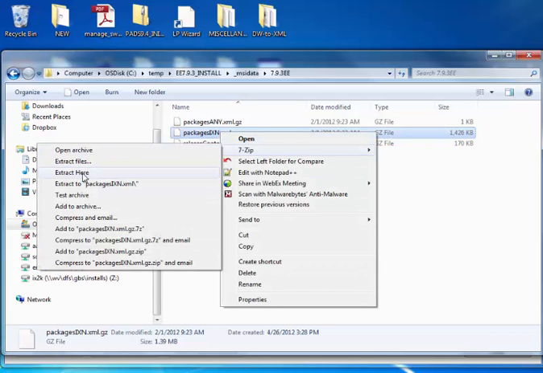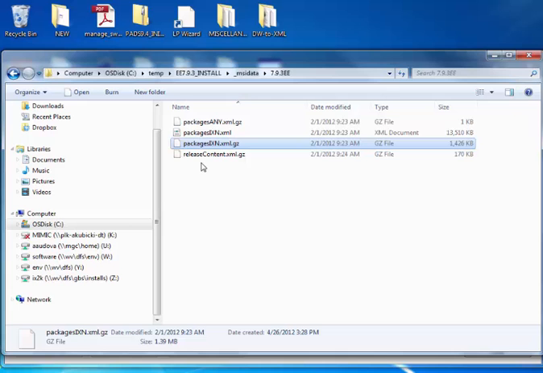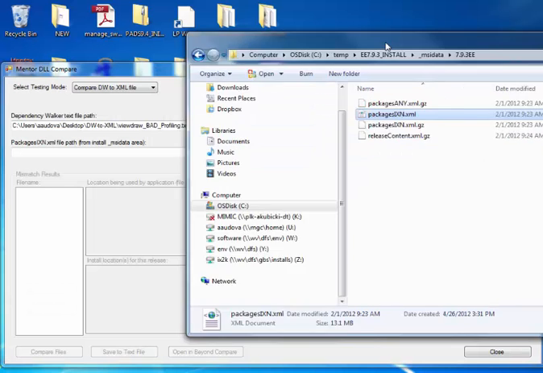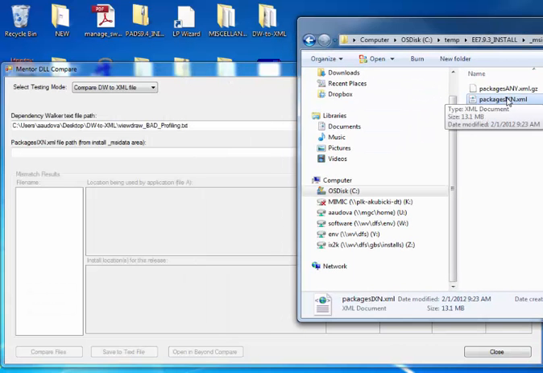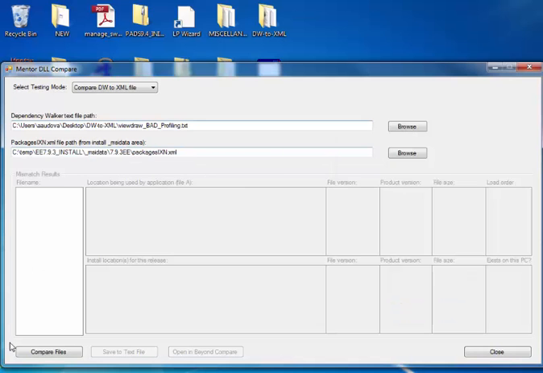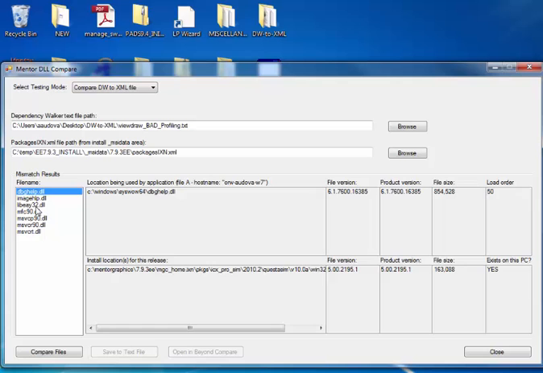So unzip, extract to here, and there's the unzipped version of that XML file. So we just click and drag it onto the program, and now we can compare files. It might take a few seconds, sometimes even a minute to run. And here are the differences. Now let's click on the